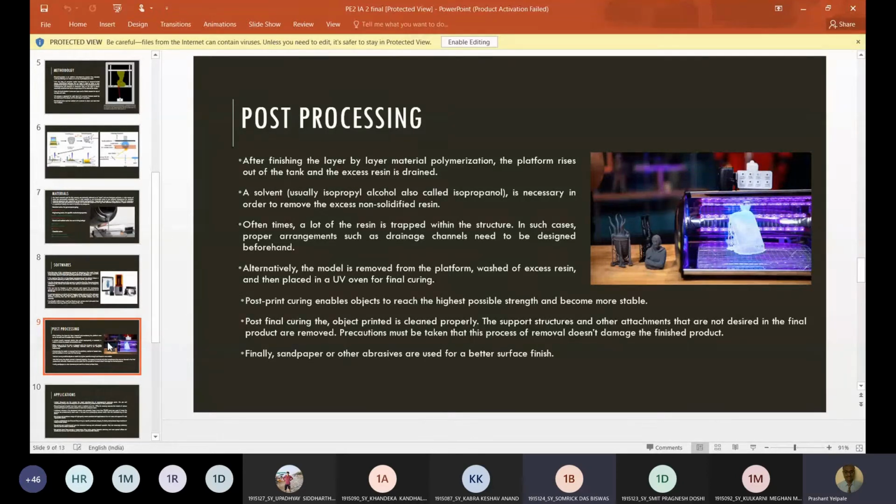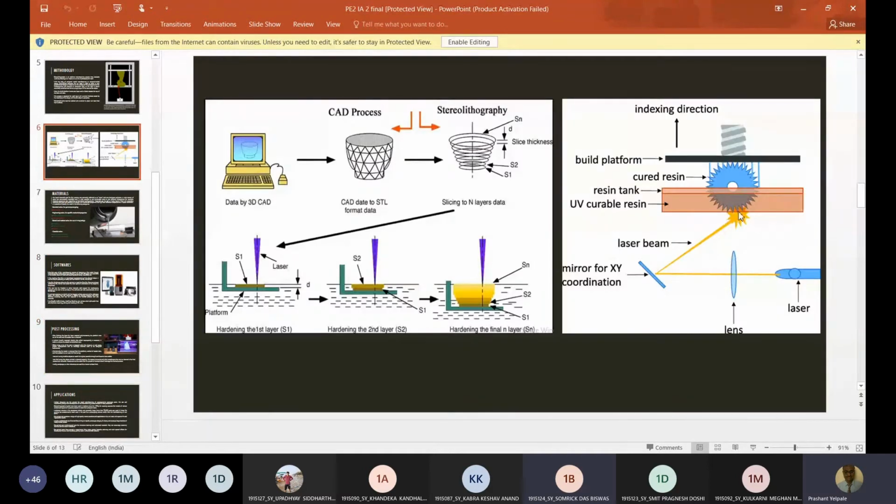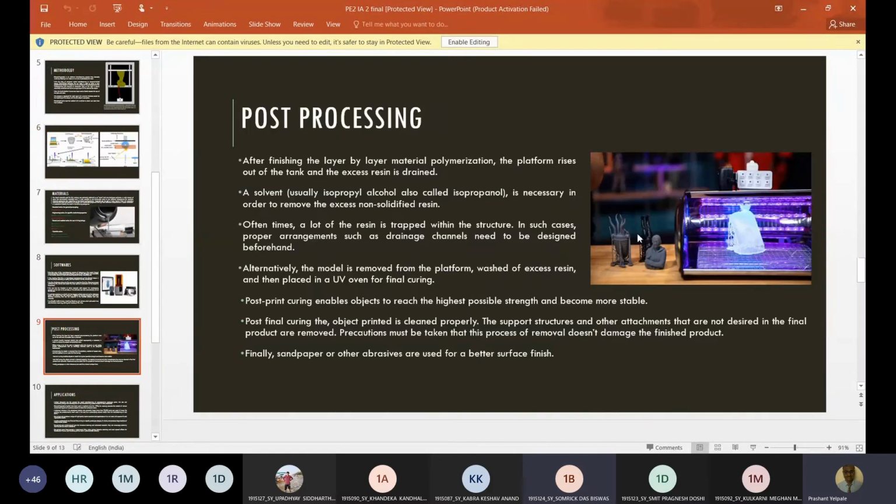One more thing. Here you are keeping it in the ultraviolet rays for curing, right? For that curing, are you using the same UV laser or some other source? Sir, there are two differences basically. Firstly, in this system, we were using a unidirectional laser beam that will only solidify the part that it was attached to. Here, it is completely covered in a UV beam.